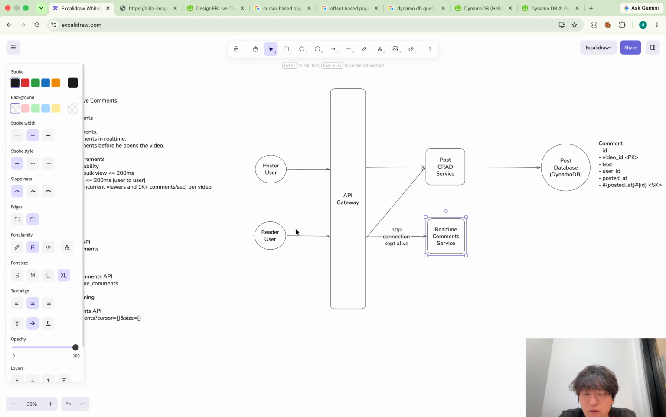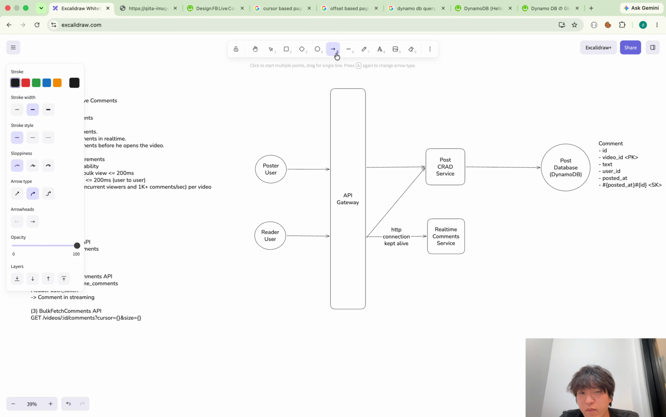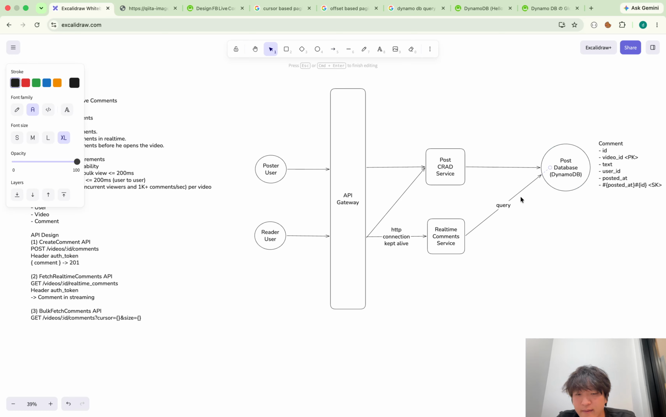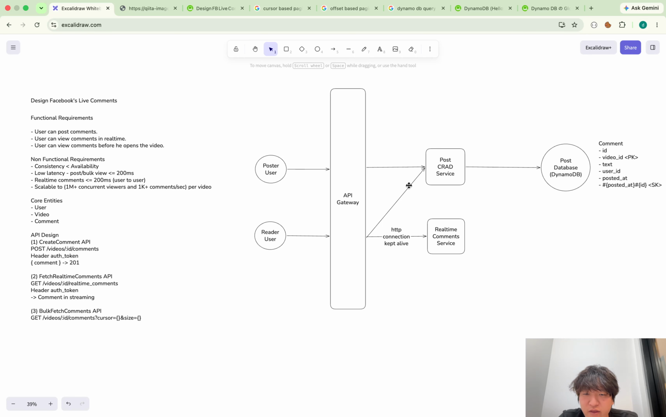So now the user is subscribing to the data from the real-time comment service. And now the problem is how this real-time comment service can return the data to the reader user. One single approach I can use here is making a query to the database. But if I do that, the same problem I discussed occurs. Now this real-time comment service has to make the DB query every 200 milliseconds, and this overloads the database. So this doesn't work. So instead of this, what I can do is